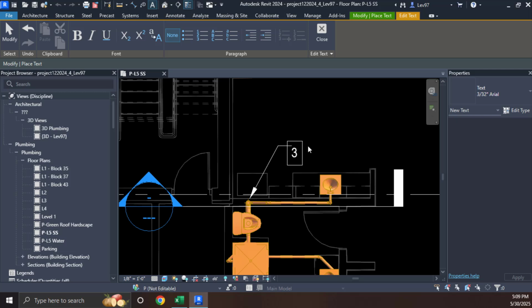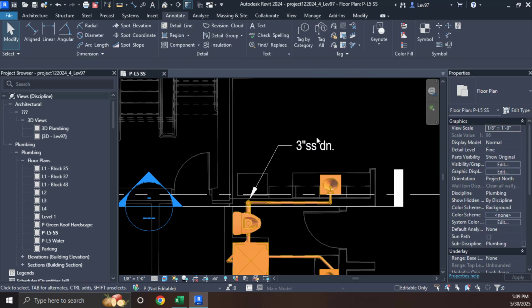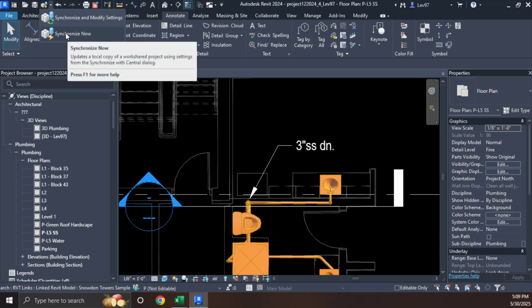I think this is a 3-inch. Let's say SS, and I'm going to use DN. I'm going to keep it at lowercase, but you can use whatever your office standards is. And I'm going to sync,